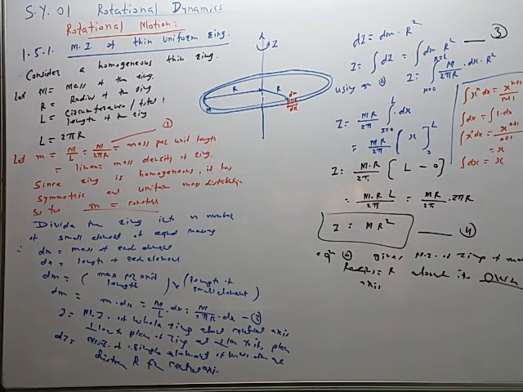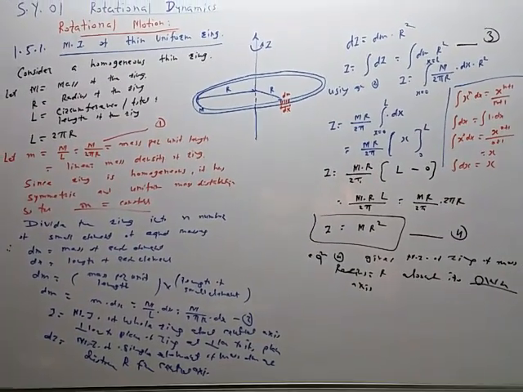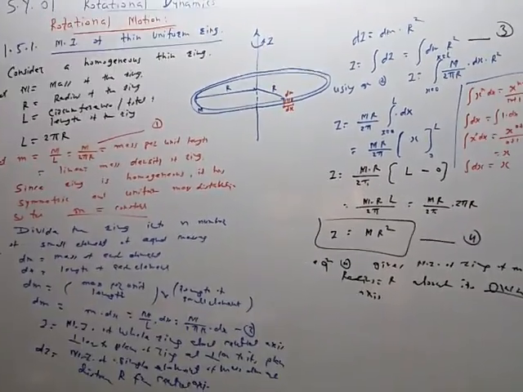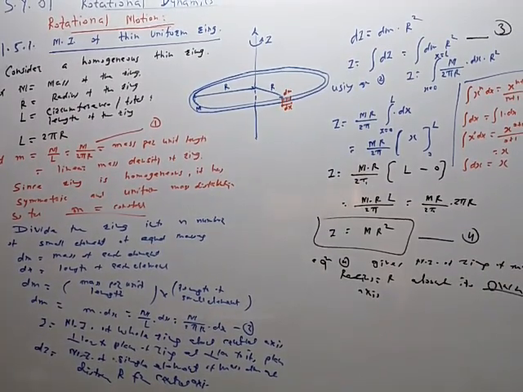So in this way, the total moment of inertia is calculated by integrating di. So what is the meaning of di? Di is the moment of inertia of the single element of mass dm situated at distance r from the given axis of rotation, having width dx. So moment of inertia is equal to mass multiplied by square of distance. Dimensionally the equation is like this. So I is equal to integration of di.